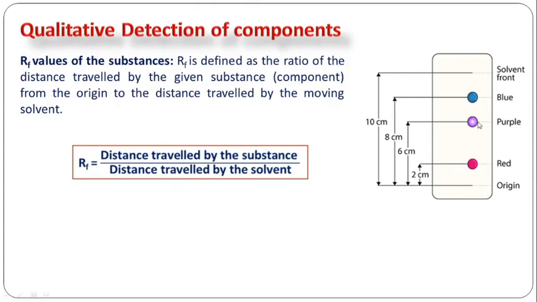Okay, and for a particular substance or particular spot, suppose we have to determine the Rf value for this blue spot, blue component. So you measure from where the spot was applied up to the center of this spot, not the top or the bottom. Center from this spot to this spot, this distance is measured in centimeters, so that is 8 centimeters. So 8 by 10,